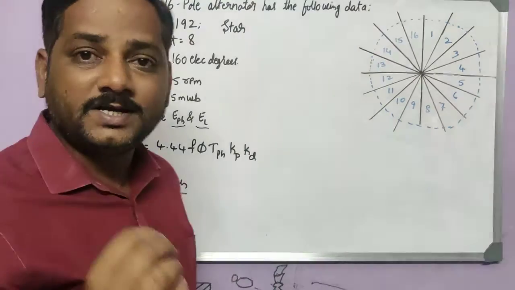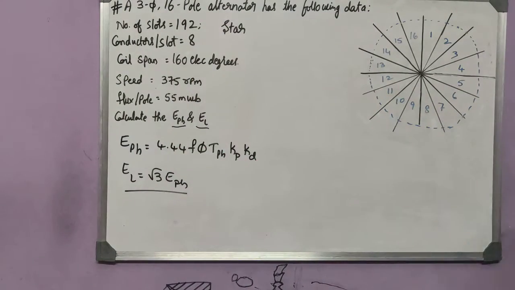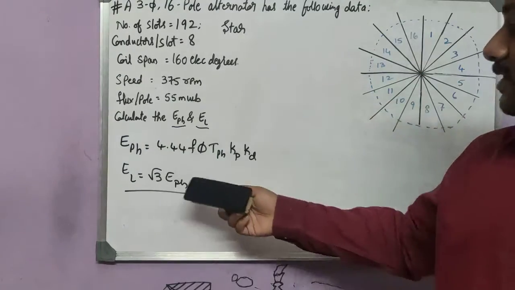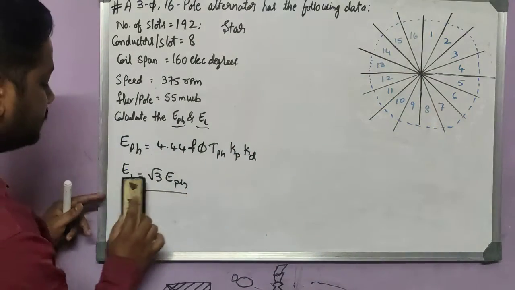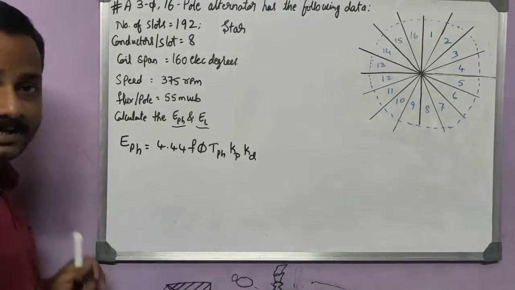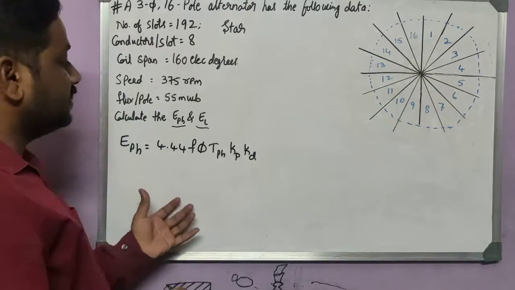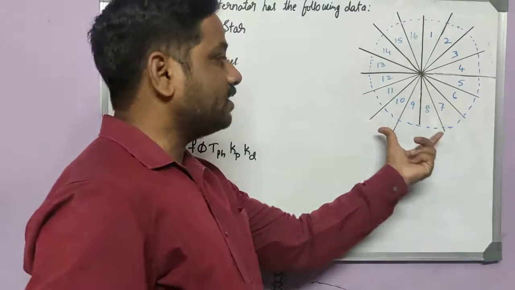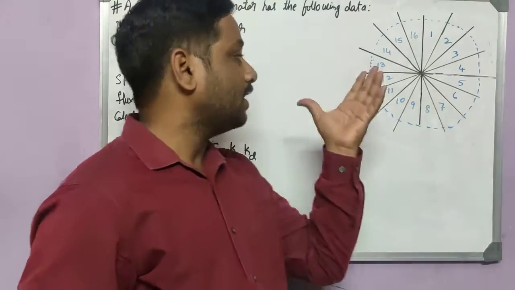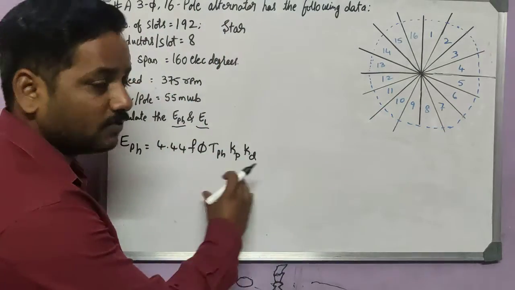So first you need to write the formula which you need to find. First let me find this E phase. After that we can use this formula to find EL. To find this E phase, let's go one by one and then I'll come to this picture. This is an important picture I have already drawn on the board. I will explain that part later. First let's see one by one.